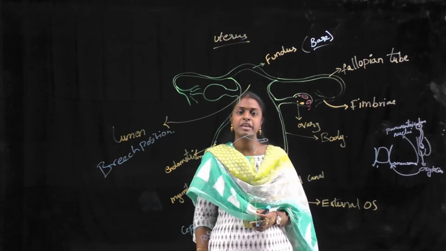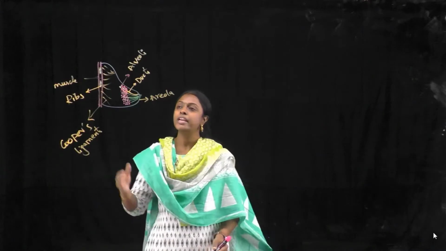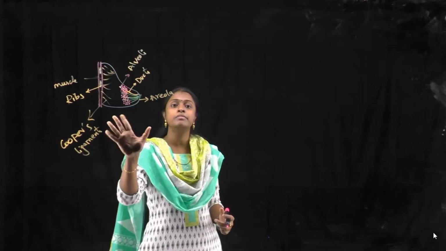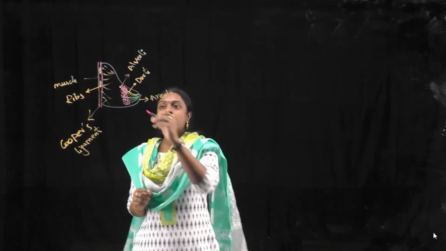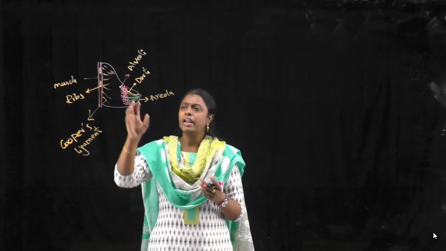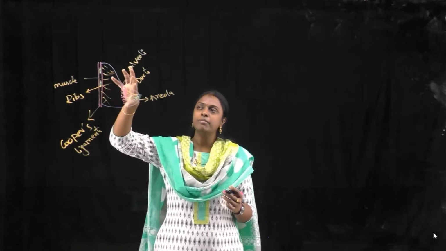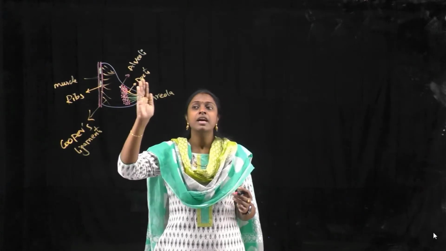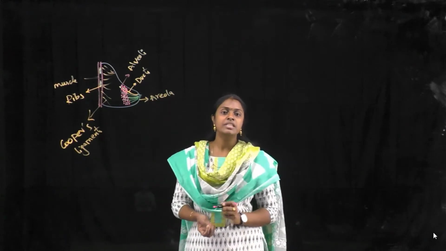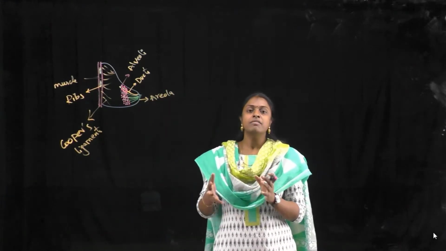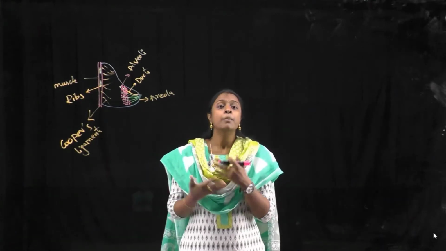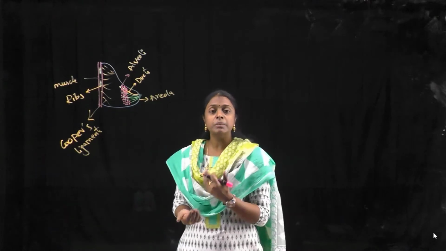And the next one will be milk ejection. So next, let's see the action of oxytocin on the breast. This is the structure of the breast and it will have alveoli, which are air-like sacs attached to the ducts. In alveoli milk is produced and from alveoli it is transferred to the ducts and from the ducts it will come out of the nipple. This milk ejection will start after 3 to 4 days when the baby starts to suck. Immediately after the baby's birth, there won't be any milk production or milk ejection.